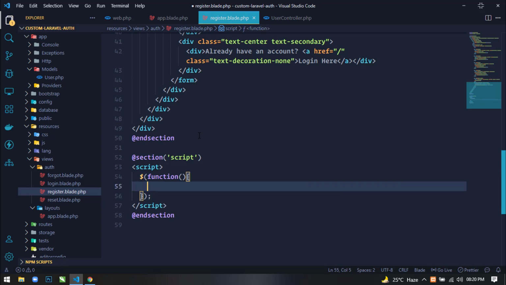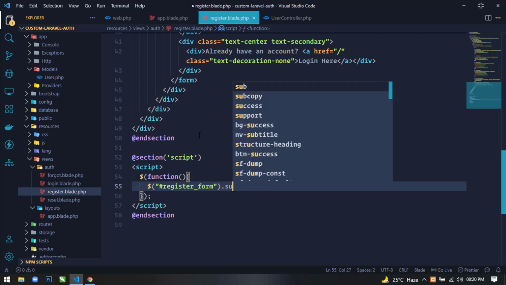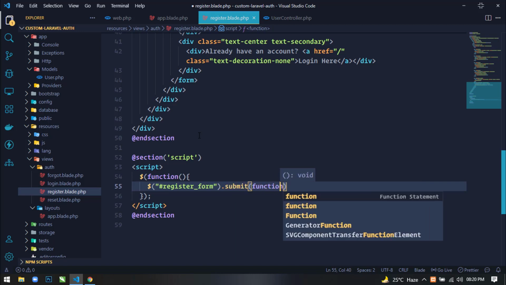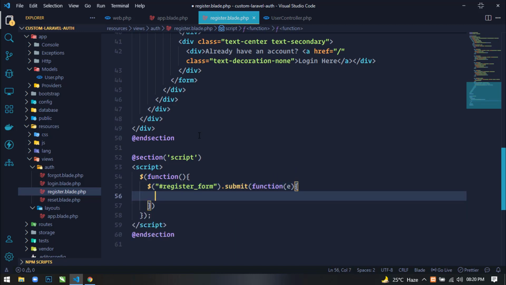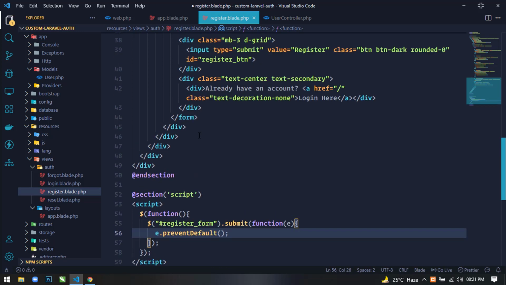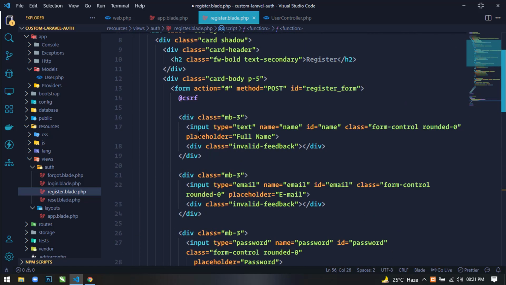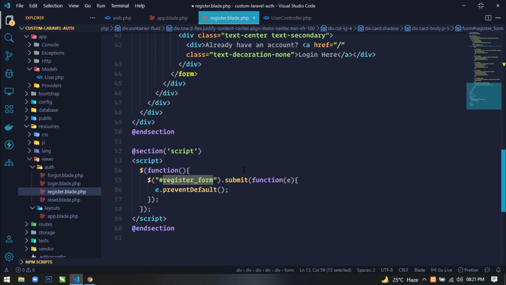Next I will select the form using its id, which is register_form, and I will use the submit event and pass a parameter e. First we will use e.preventDefault() to stop the form submission. If we go to the form, you can see the id register_form, so I am using this id here.